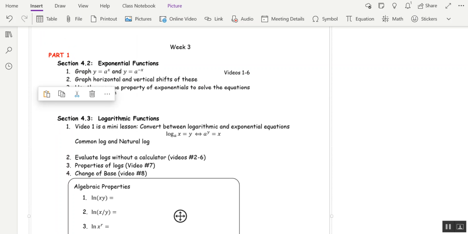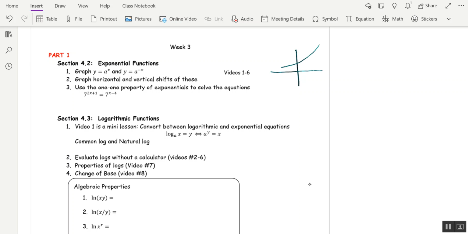In general, if a is greater than 1, y equals a to the x looks like this. In particular, y equals e to the x, which we use a lot in calculus, looks basically like that. And then y equals a to the negative x is just the reflection about the y-axis of that first graph. Notice that each function is always positive. And then you want to graph horizontal and vertical shifts of those functions using basic shifting techniques from the first week,